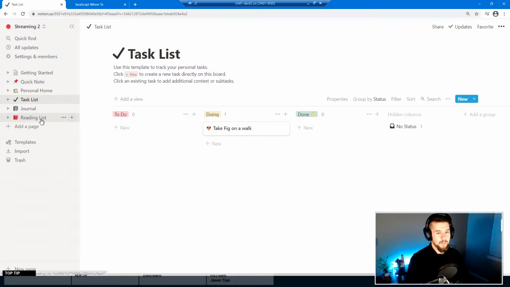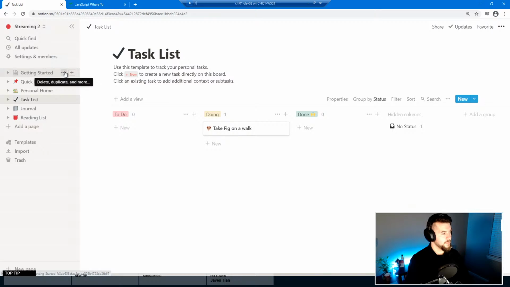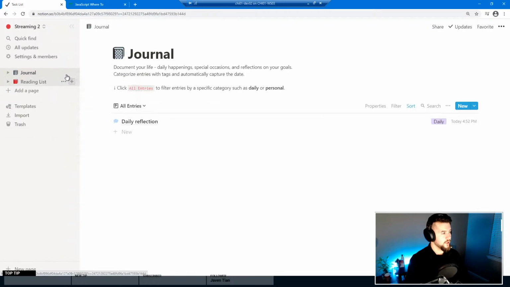But that's kind of like my general Notion overview. Before we even get started, I'm actually going to just delete all this stuff here. You can delete these by selecting the three dots next to the page, and then just selecting delete. And we'll do this for each one of these because we're going to give ourselves a clean slate